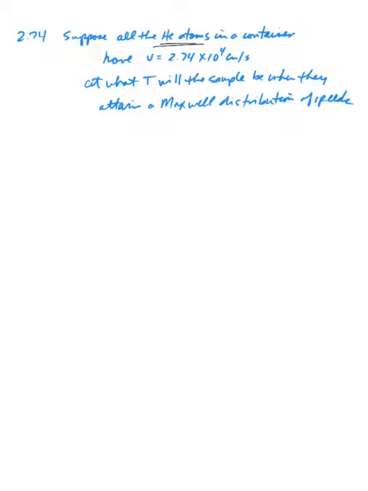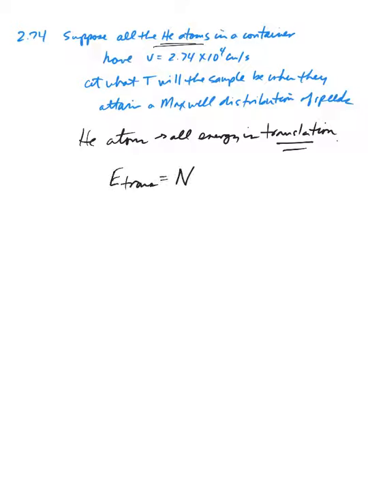Here we have to set a couple of quantities equal to each other. Because these are helium atoms, all the energy is in translation. None of the energy for this sample is going to be in vibrations or rotations or anything else. It's all in translation, and so that makes the math easier. If you have a sample of helium, if you know the number of helium atoms, all you need to do